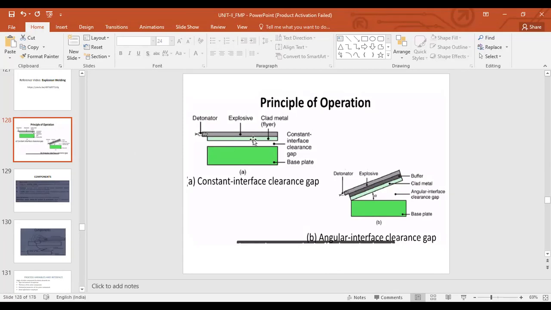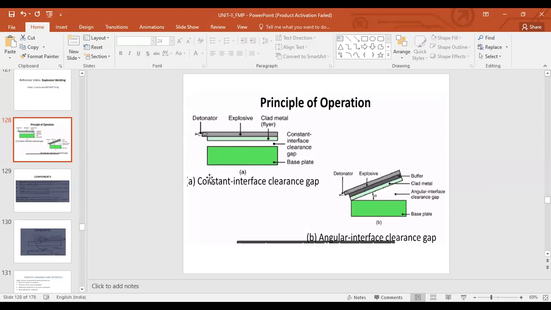between the two plates that are to be joined, and the top plate will have an explosive above that. So it will be ignited, right, with the help of a detonator. And when the explosive is ignited, it forces this plate to hit the other plate, right? That is a base plate. A gap is maintained, as you can see here. So there will be plastic deformation, and that is responsible for joining of these two metals, right? That was the principle of operation.